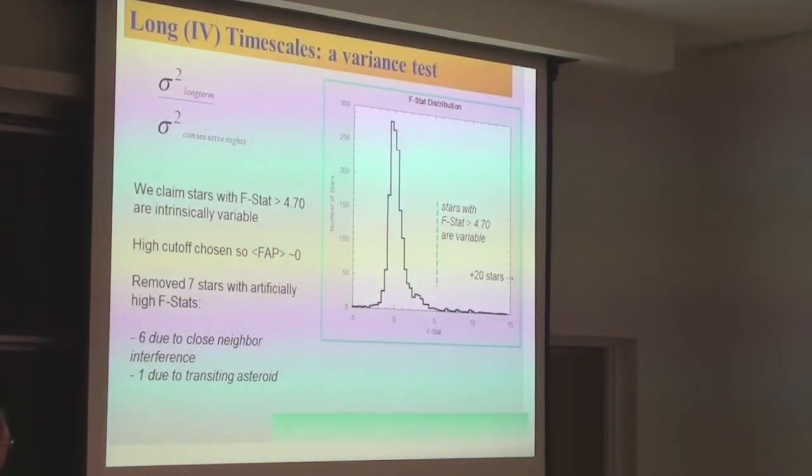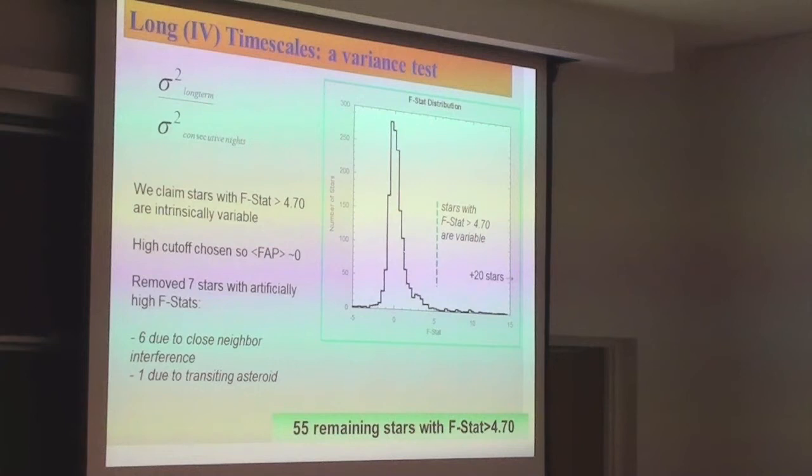To develop this, we started in-house just calling it an F-stat, and somehow that's become its official name, I don't know. We measure the variance of the star on long time scales over the whole data set and compare it to the variance of the star on consecutive nights, where we have consecutive nights of data, to see if it's varying more over these long time frames than it is night to night. Otherwise it just comes from noise in the system. And so with that, we found